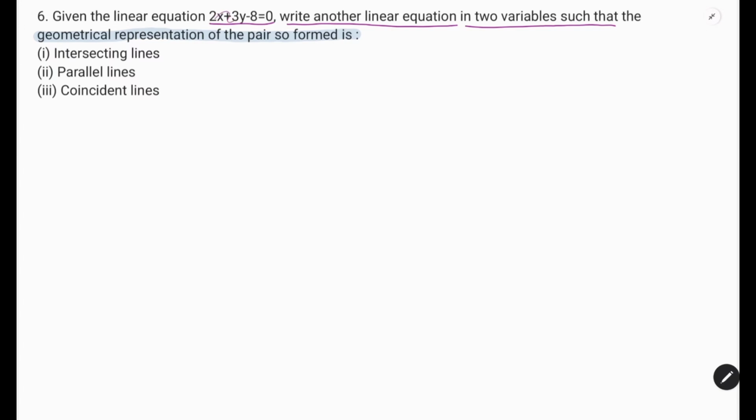That means one equation is given and we have to write another linear equation so that those two lines will be intersecting lines, and another equation so that those two lines will be parallel lines, and another equation so those two lines can be coincident lines. So here in the first one, if the lines are to be intersecting lines,